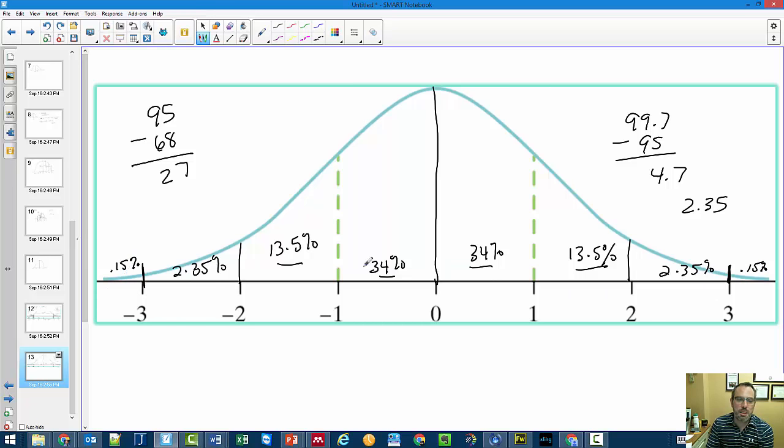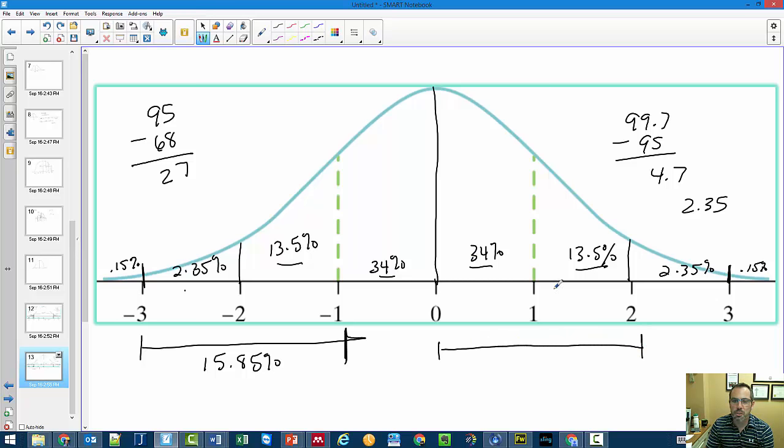What that gives me is the ability to look really quickly and say, if I want to find how many people are between -3 and -1, I can add these two together, 2.35 plus 13.5, and end up with 15.85%. If I want to find out the number of people that are between 0 and 2, I can do 34% plus 13.5% and say that this is 47.5%. That is how we are using this idea of a standard density curve and being able to break it